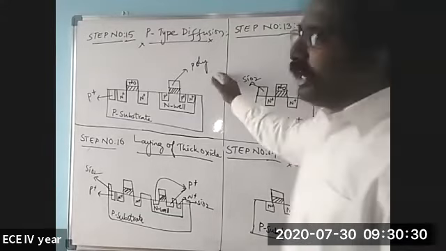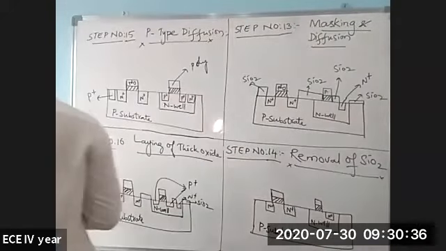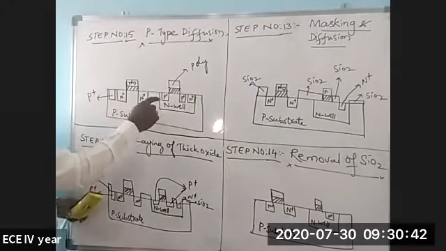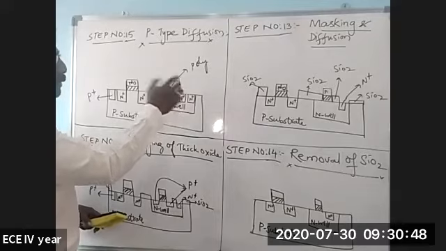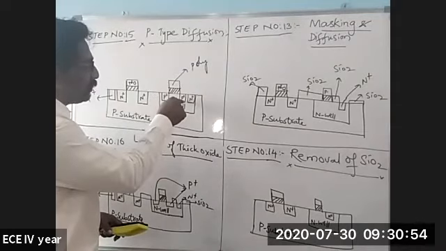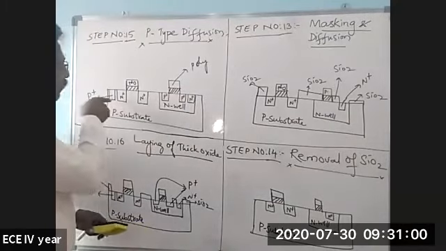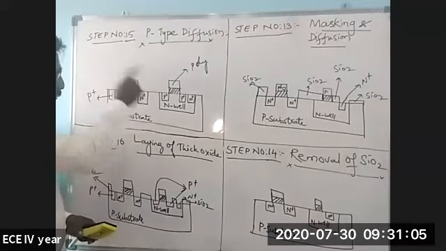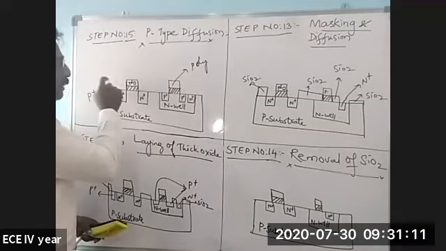So the next process will be diffusing p-type material. The p-type material will be diffused over here. Similar to the process in which we diffused the n-type material, the p-type materials are diffused by subjecting the entire wafer to high temperature. These are the two regions where the p-type materials have been diffused, on either side of this gate, and also one p material is diffused over here. This p material will act as a substrate to this NMOS, and this will act as another device. This will become a p device, and this will become an n device.